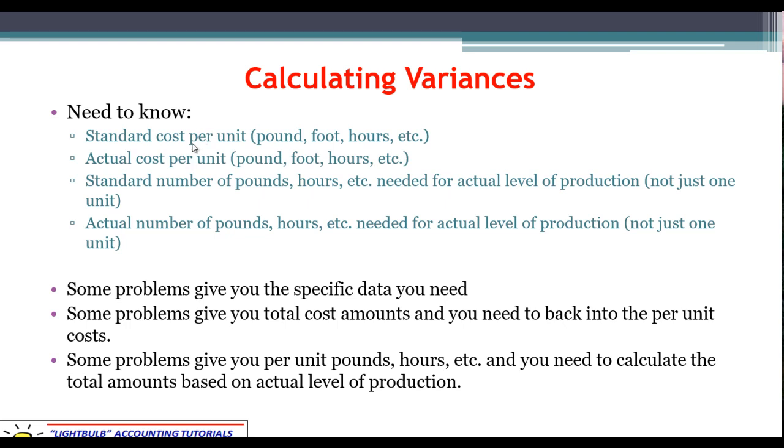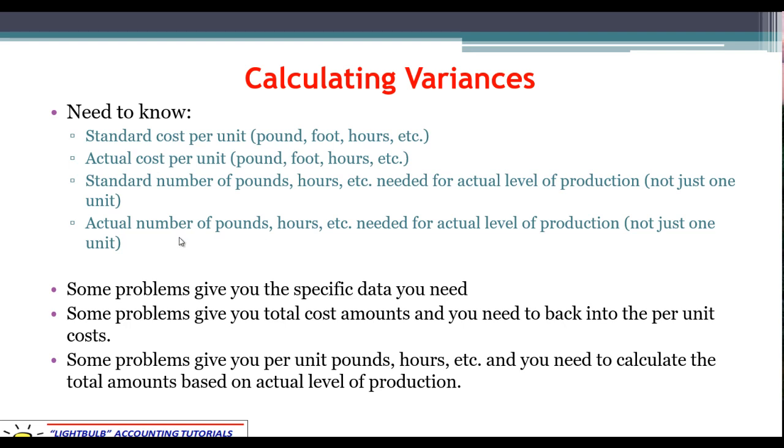For the first group, the cost, we were looking per individual unit. For the quantities, we're not looking for one unit, although we may need that to start with. We need to know how many units were expected for this level of production that we're actually talking about. Just as an example, if it takes 2 pounds of material to make 1 unit of product, and our actual production was 200 units, then we're going to multiply 200 units times 2. We expected to use 400 pounds of materials. That's what we would need for this item.